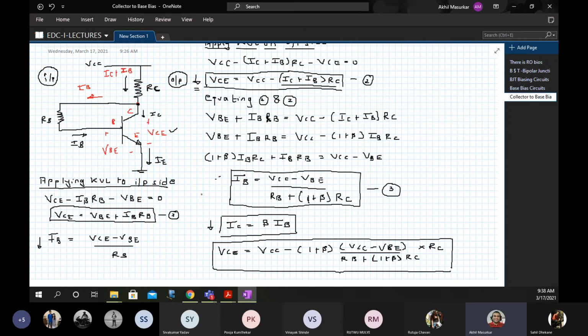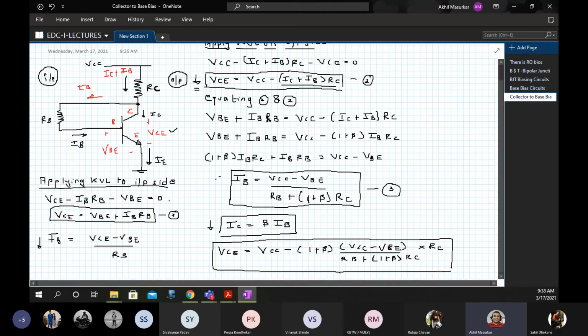So that is why we say if IC increases above the design level, there is an increased voltage drop across RC, resulting in a reduction in VCE. If the reduced VCE level causes IB to be lower than its design level, so because VCE reduces, IB also reduces. And since IC is beta times IB, the collector current IC also decreases. Thus, an increase in IC produces a feedback effect that tends to return IC back to its original level.